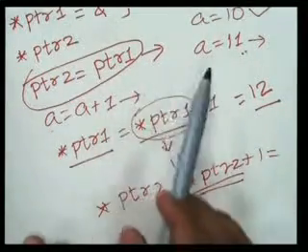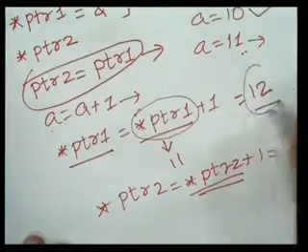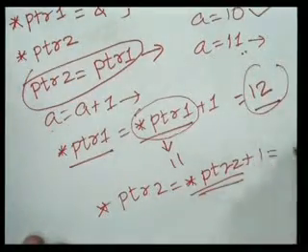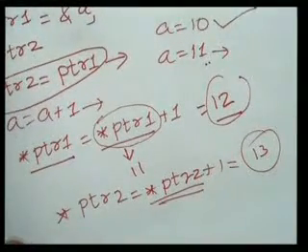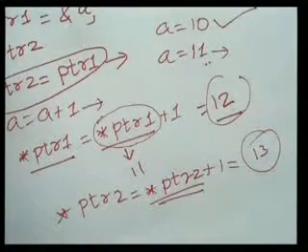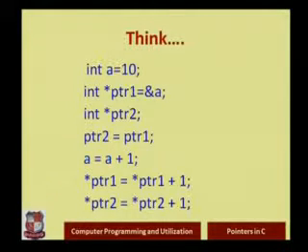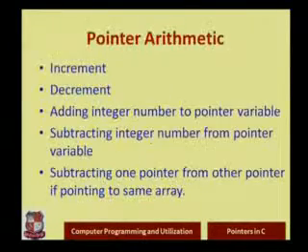It is pointing to the same address. So the last value of A was 12. When I execute this line, it becomes 13. I hope this is clear. When I am writing *ptr1, I am actually accessing the value stored at the memory pointed to by ptr1, and when I access *ptr2, I am actually accessing the value stored at the memory pointed to by ptr2.